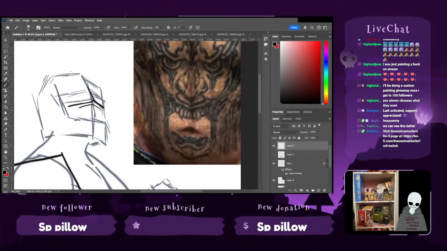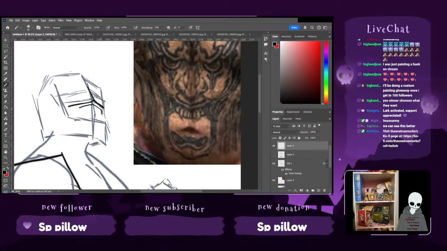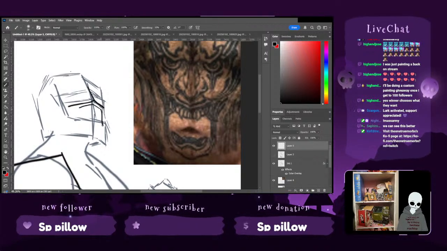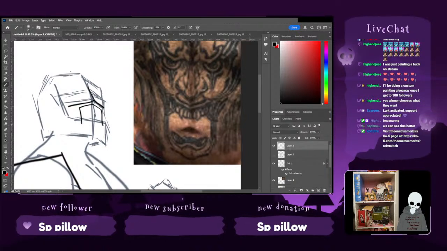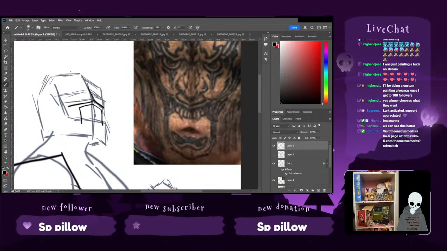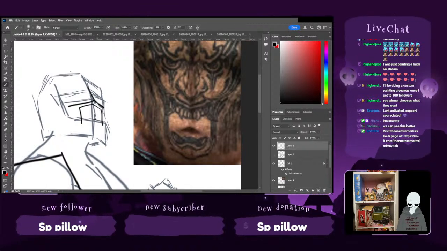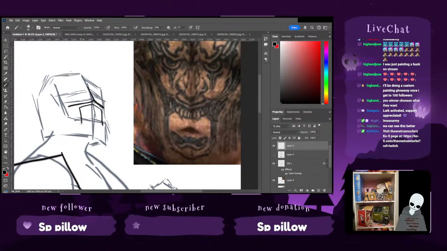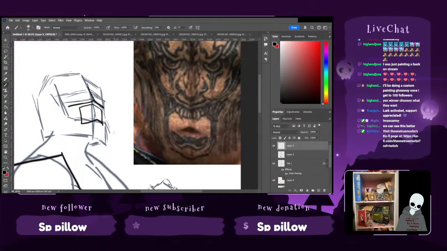And then we've got this huge mouth to be getting on with. And then the line's going to meet just about here. So we want that to be more like that.